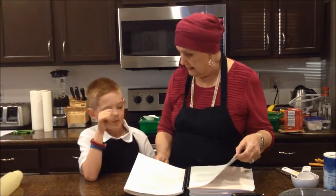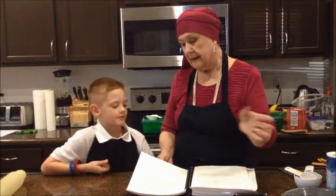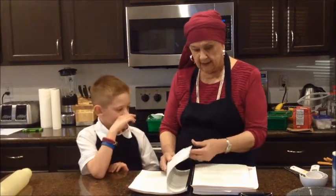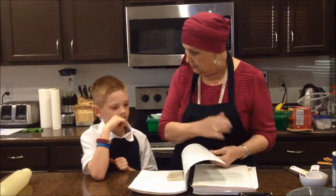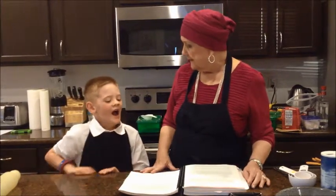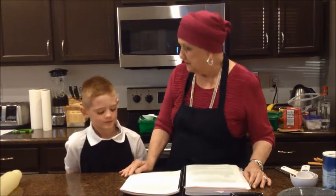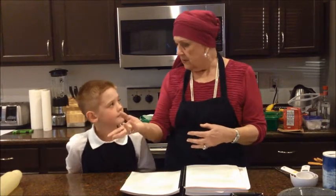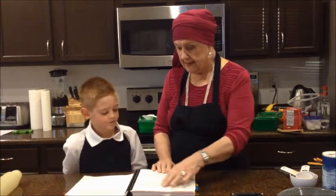Now, she had all kinds of cream pie. She had butterscotch cream pie, coconut cream pie, banana cream pie, and chocolate cream pie. So they're all in here. We have to use her basic cream pie recipe, and you just add different things to make them taste different. It's sort of like a science experiment. You put in certain things and it turns out this way. If you leave out one of those things, it doesn't turn out right. So this is what we're going to do. This is for the filling,